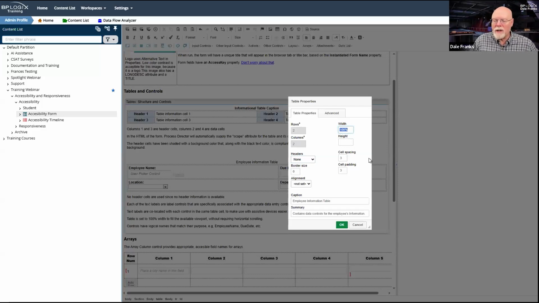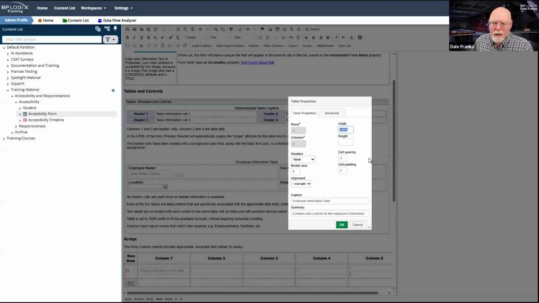So we don't want to set the table size to a fixed width. We don't know what the width of the viewport is that the user is using. We don't know if they're using a big desktop computer with a huge 36-inch monitor or whether they're using an iPad mini or an Android phone.